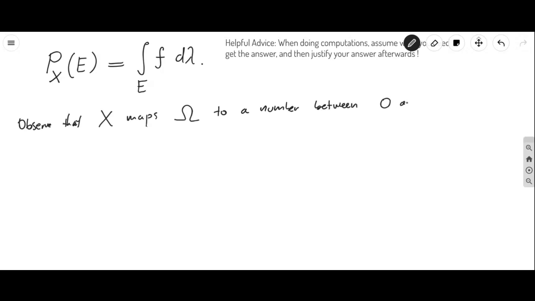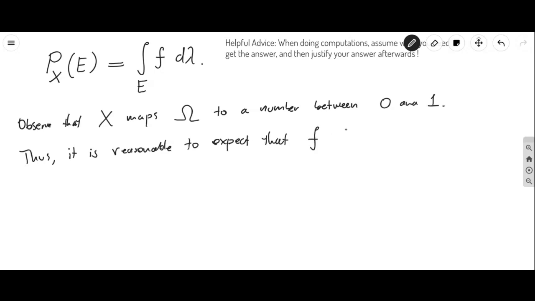Well, let me make this observation. Observe that X maps your sample space, the unit disk, to a number between 0 and 1, right? Because the random variable calculates the norm of a complex number. That's a number between 0 and 1. So it is reasonable to expect